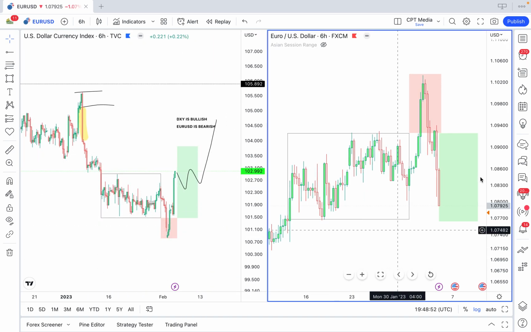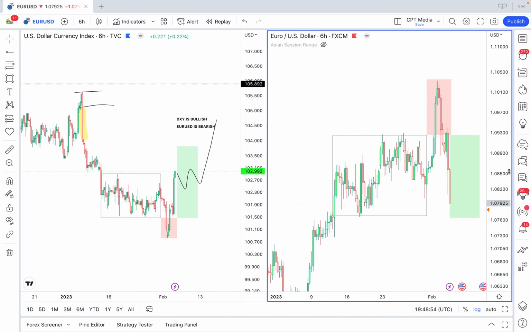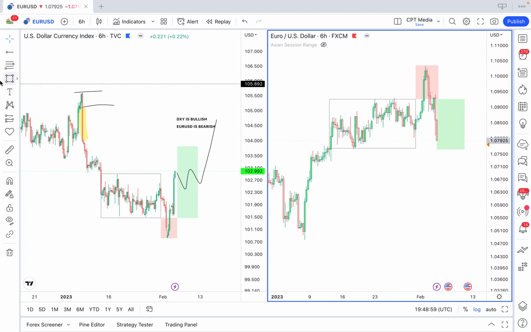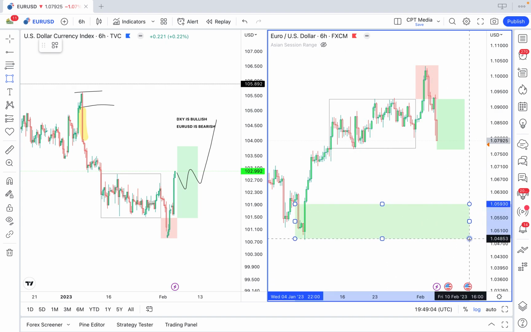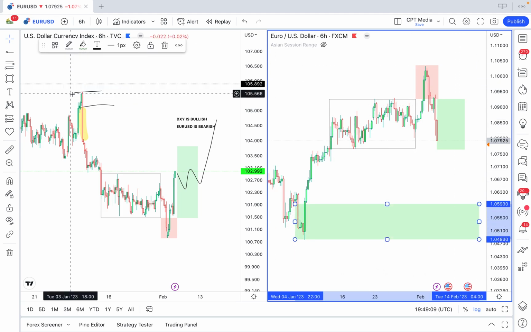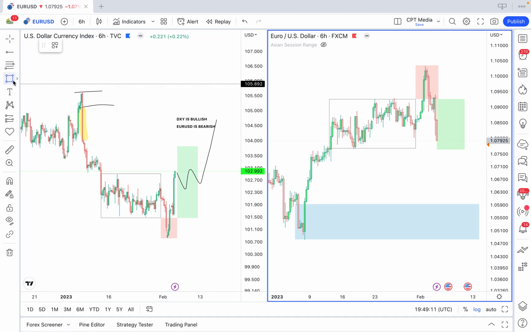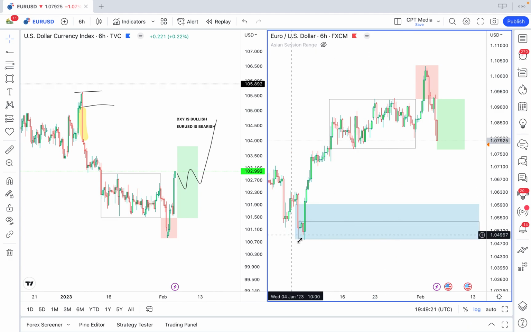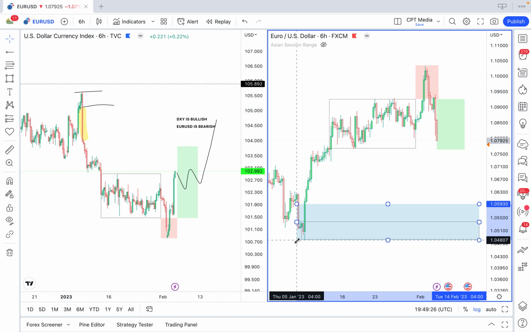barring my analysis on the DXY, what I'm anticipating on EURUSD this coming week is price to come back to fill in my imbalance zone, which is all the way down here. Okay, to this zone here. This is my main imbalance fill zone. This is the outer zone of my OB, and this is the main inner block, which it will at least fill a wick into. It won't need to trade or chop within this zone, but it will leave at least a wick fill, what I refer to as a wick fill, into this region,